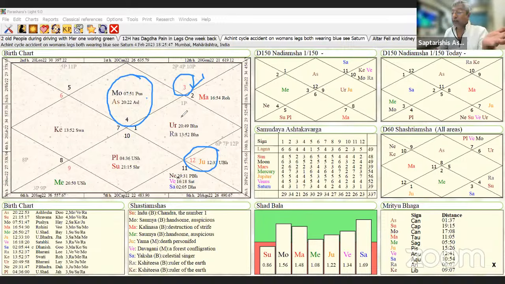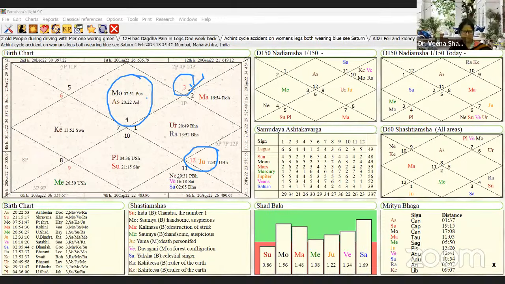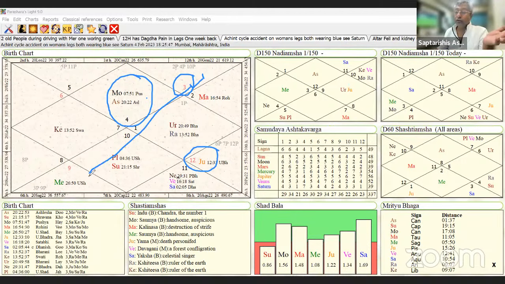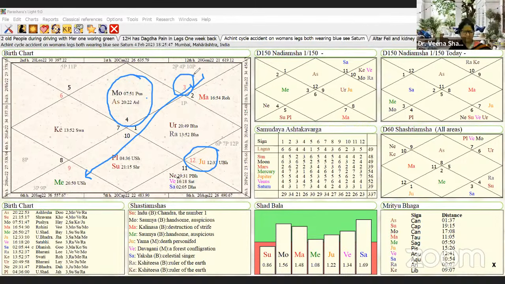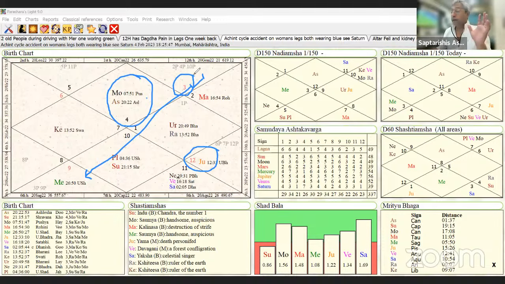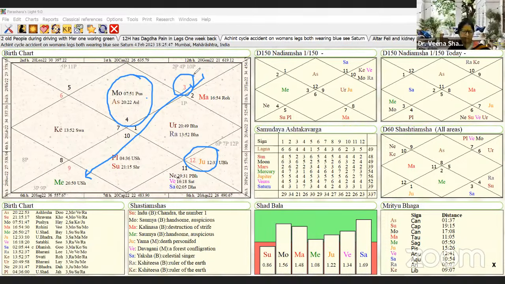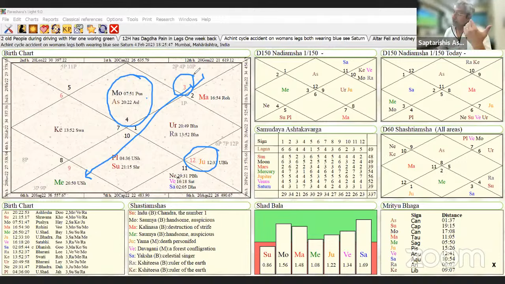So this is Dagdha Rashi. Got it? Okay. The Lord of it has gone to the 6th house. Vice versa. It was the lady's feet. Are you getting it, everybody? Yes, sir. 9. He fell down, the lady fell down. Okay. And of course, the guy who was riding the cycle was a kid, 12, 13 years old.